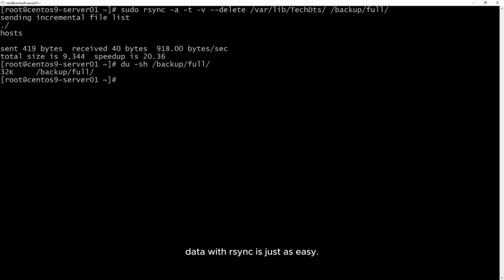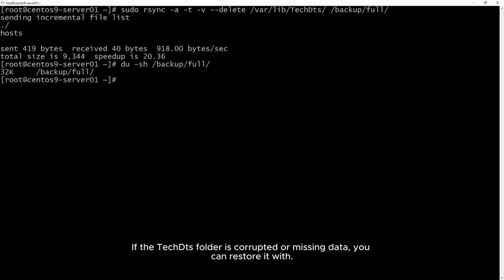Restoring data with rsync is just as easy. You simply sync from the backup folder back to the original location. If the folder is corrupted or missing data, you can restore it with.